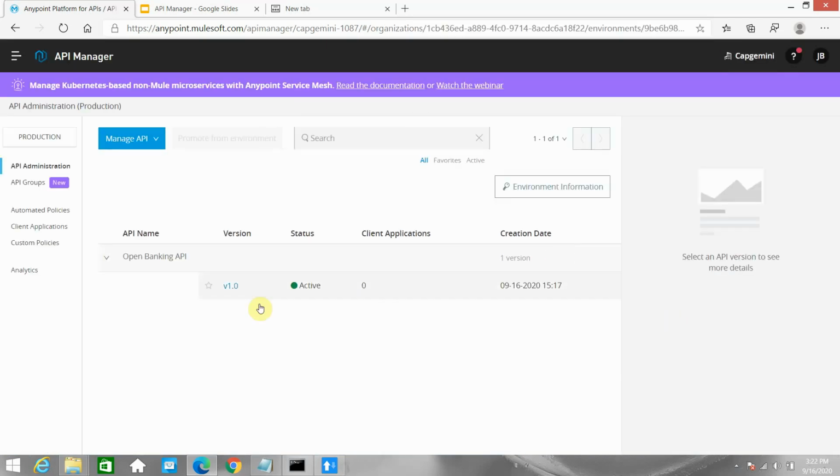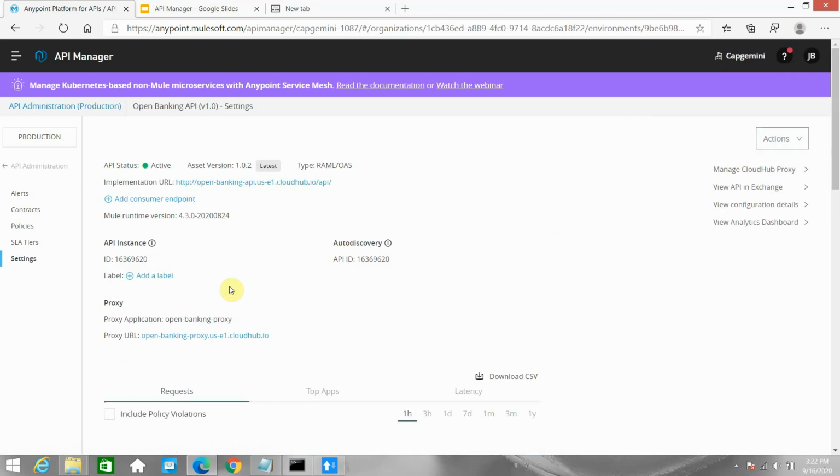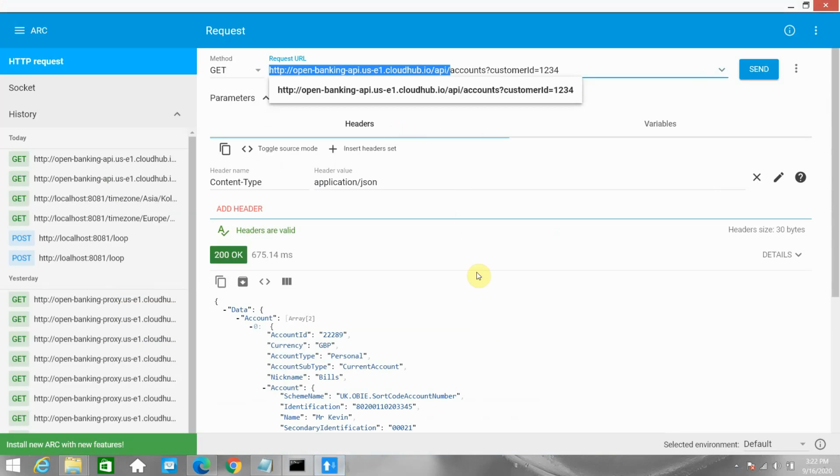Okay, so it is active. You can see that the API status is active. Now let me check whether I can send the request to the proxy instead of sending directly to the API.